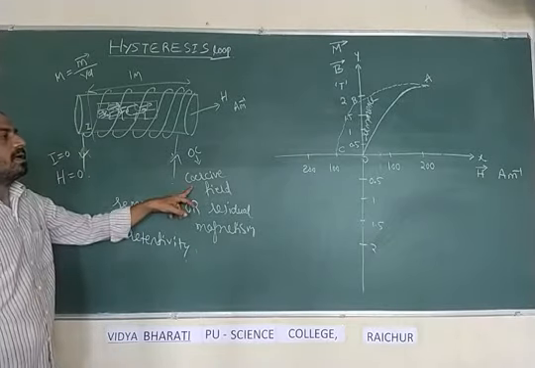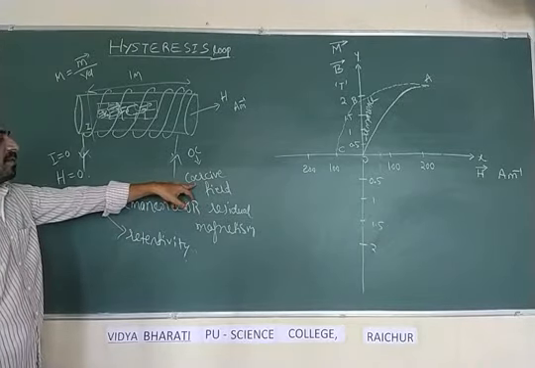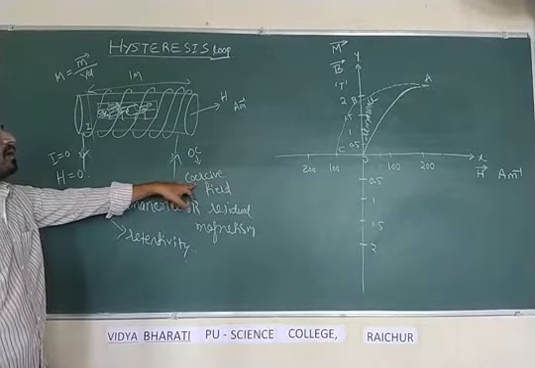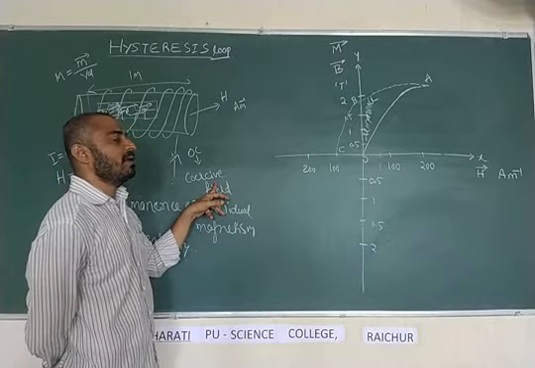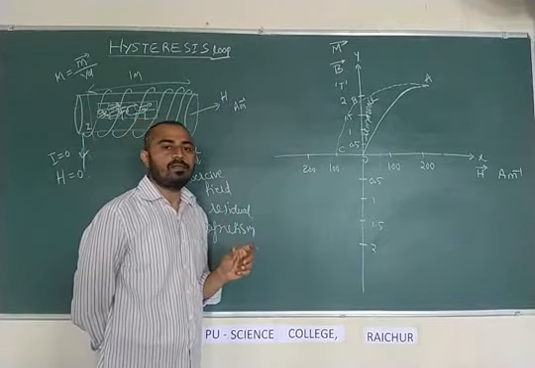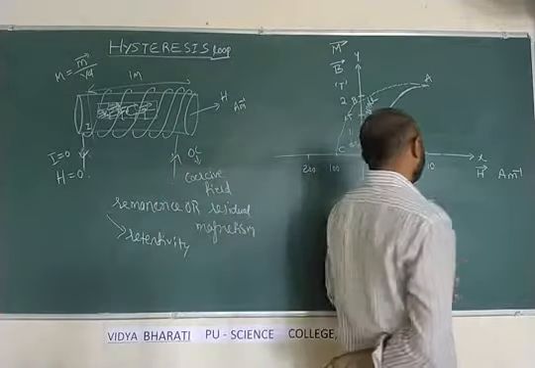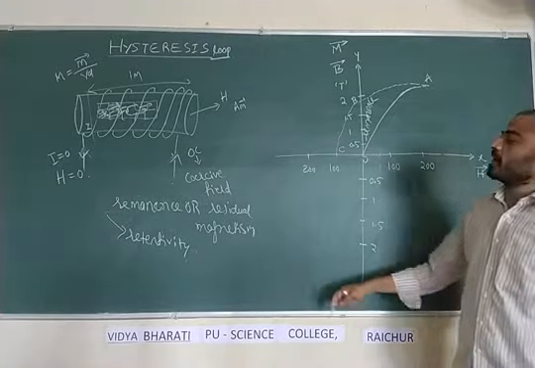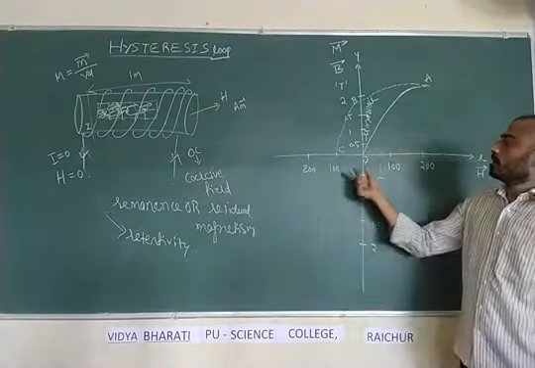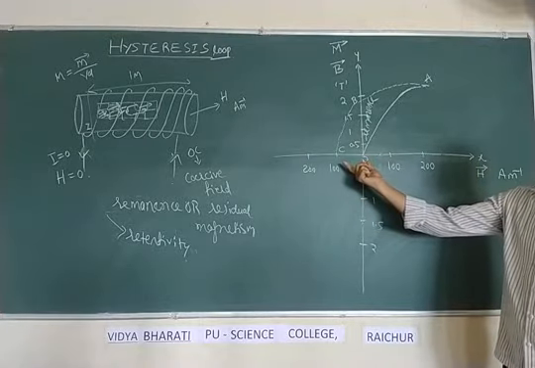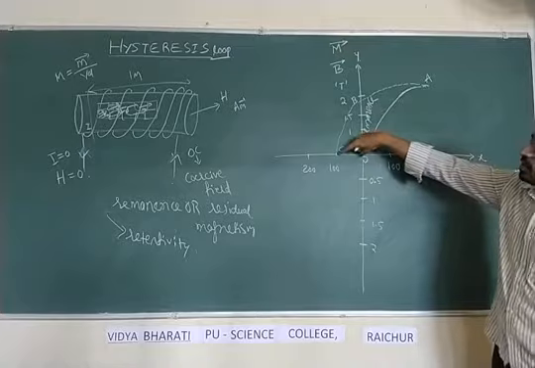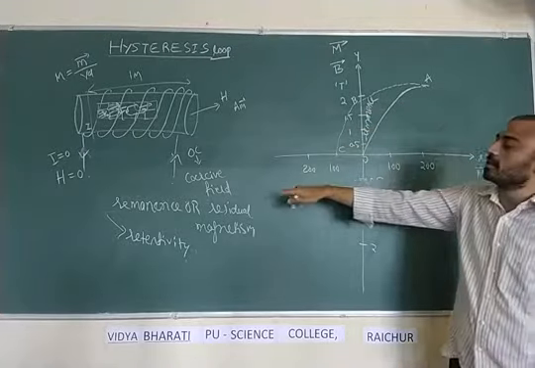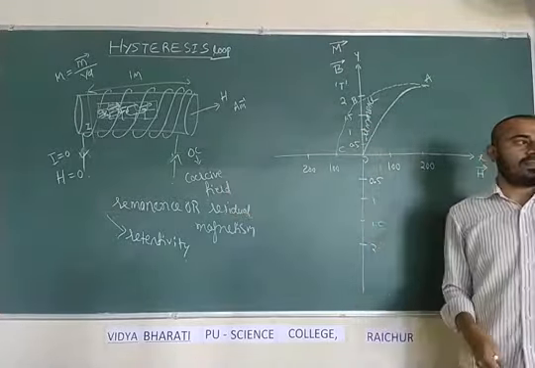Coercive field is a negative magnetic field, or a negative magnetizing field intensity, which is required to make the residual magnetism of a ferromagnetic material 0. What is a coercive field? Coercive field is a negative magnetizing field which is required to make residual magnetism 0. That negative magnetizing field which is required to make the residual magnetism, remanence, 0 is called the coercive field, and the property of the material is called coercivity.